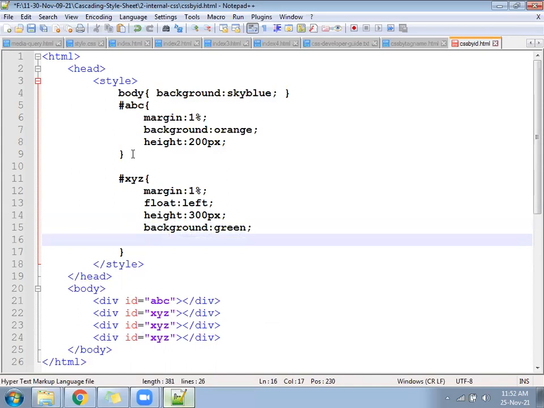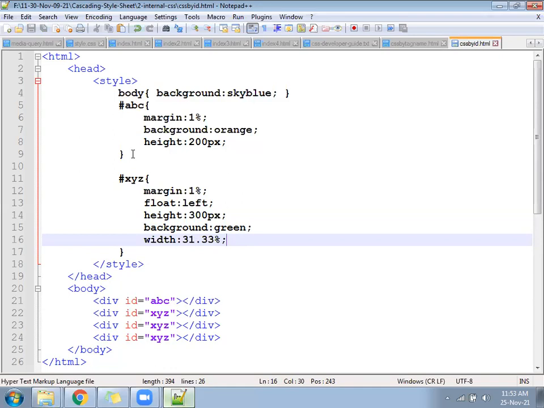Just mention the width 31.33%. Height, width, background, margin, and float for XYZ.